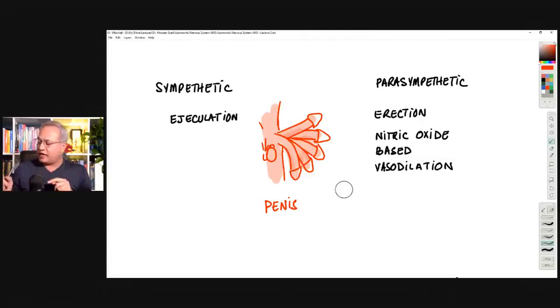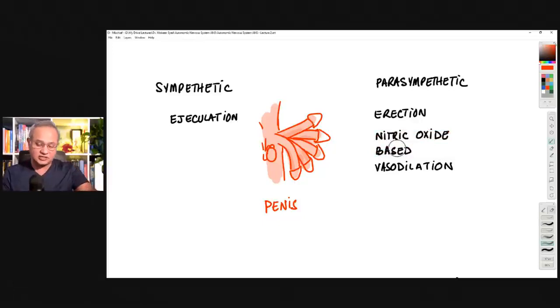So here, what happens is erection is under control of parasympathetic system. So it is a function during the resting time. Ejaculation is a sympathetic function. So at the height of orgasm, when the time comes for ejaculation, that is under control of sympathetic. But do you know that sympathetic activity actually takes erection away? So if there is a man who is erect and you tell them something that excites them, the erection is going to go away. Now, erection in parasympathetic system is based on, this is the only place, nitric oxide.